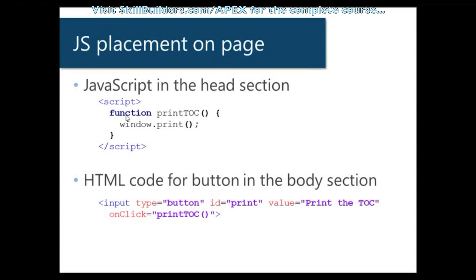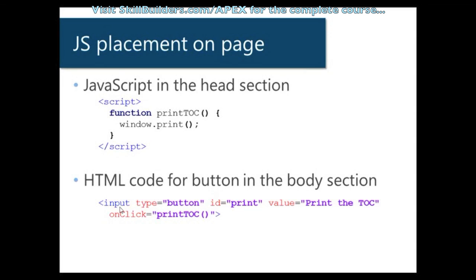There's two basic ways you can create a function. This is one of the two. You'll see the other one a little later. You start with the function keyword and you follow that by the name of the function, and then you can specify any optional parameters you like. Then you have the open curly brace and the close curly brace. And whatever goes in between is your function body. Here you see that we're accessing window, which is the global DOM object, and then we're accessing the print method of window. So this is the name, print TOC, and then typically what you would do,